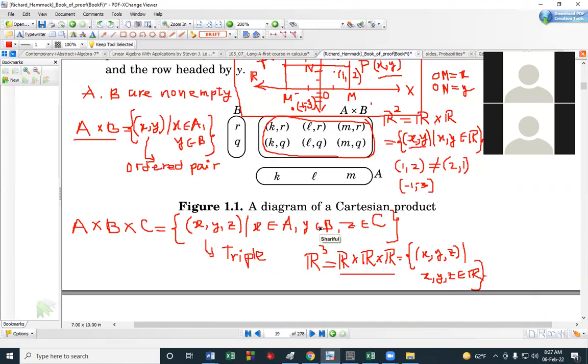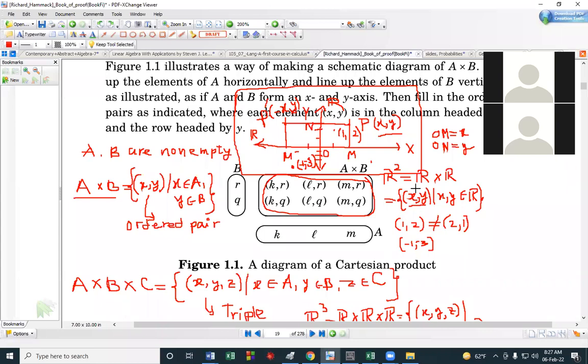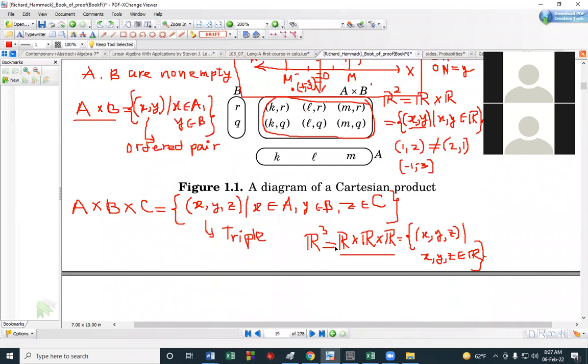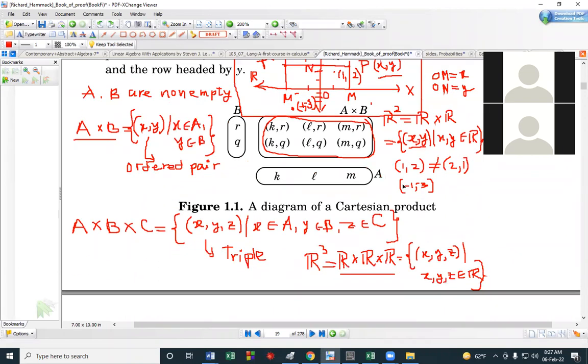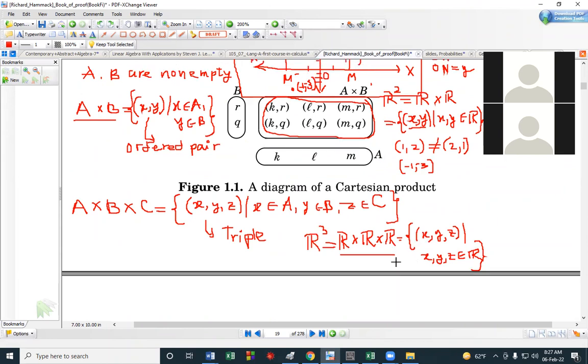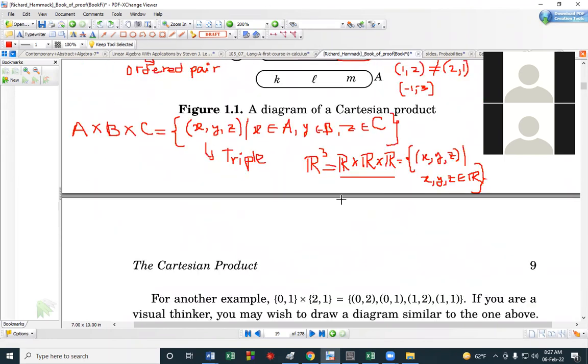A vector. Yeah, we can say each ordered pair is a vector. What sort of geometric objects does this Cartesian product represent? Two copies represents a plane. Three copies represents three-dimensional space. To visualize it,